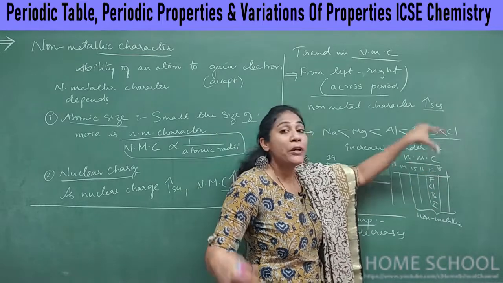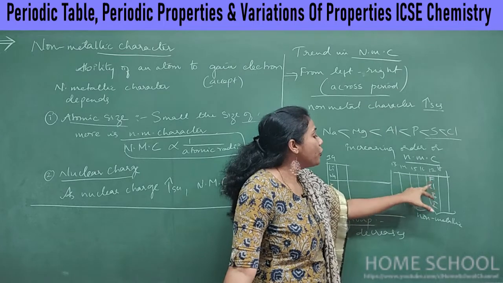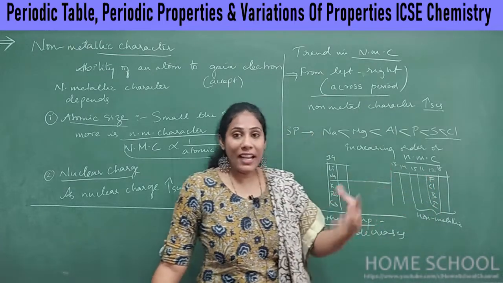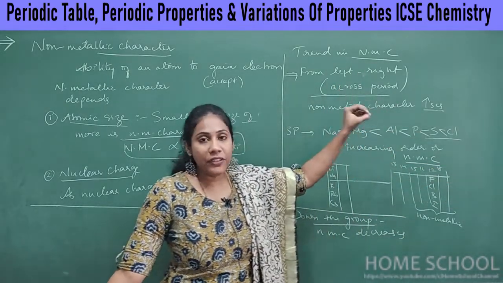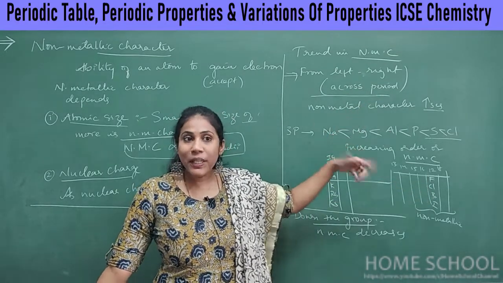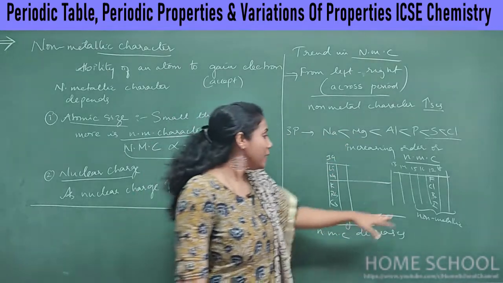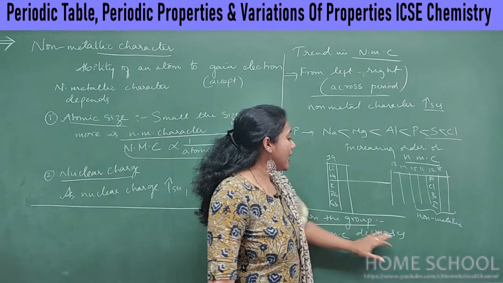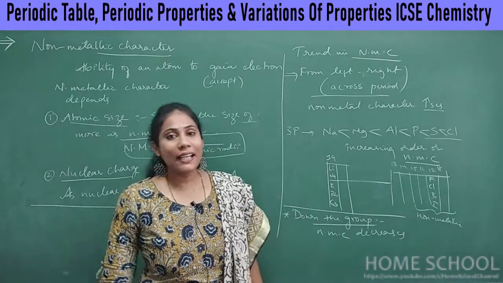Smaller the atom, more is the electron accepting ability. As you go from top to bottom, iodine has bigger atomic size. Bigger the size, more shells would be there, and definitely the outermost shell is very far. Even if an electron is added to that, it will not stay there because it's not getting good attraction from the nucleus. So since size is increasing, our non-metallic character decreases. So this is all about the non-metallic character.